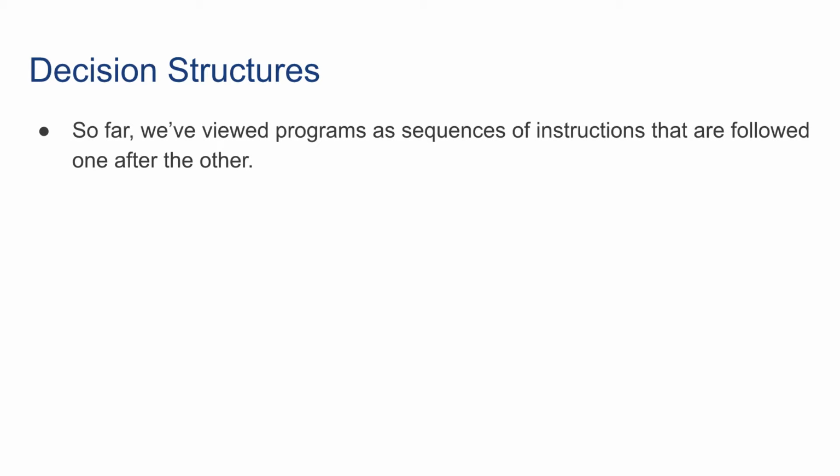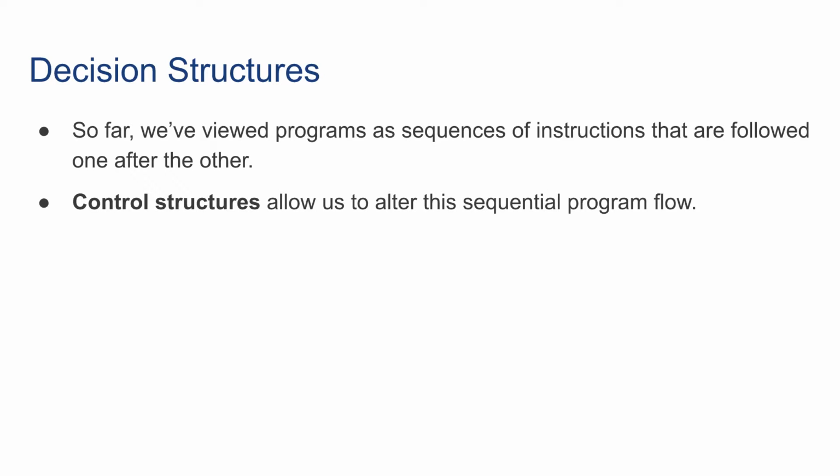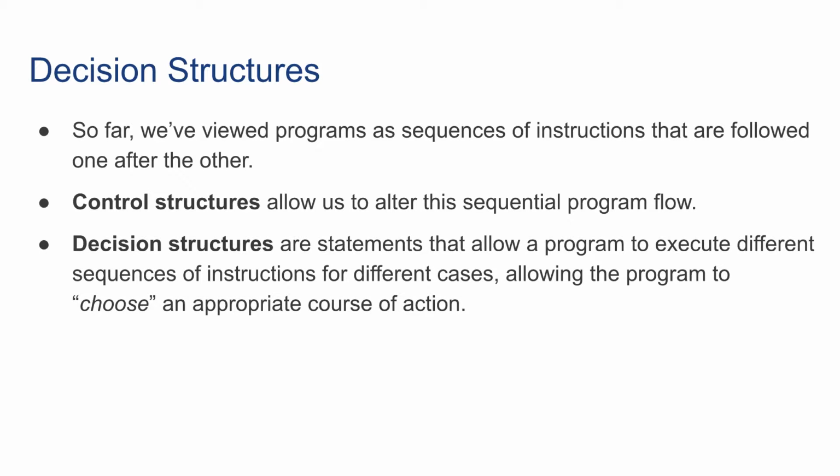In this video, we're going to talk about the decision structures and if statements in Python. So far, we have viewed programs as sequences of instructions that are followed one after the other. Control structures allow us to alter the sequential program flow, and decision structures are part of control structures. They are statements that allow a program to execute different sequences of instructions for different cases, allowing the program to choose an appropriate